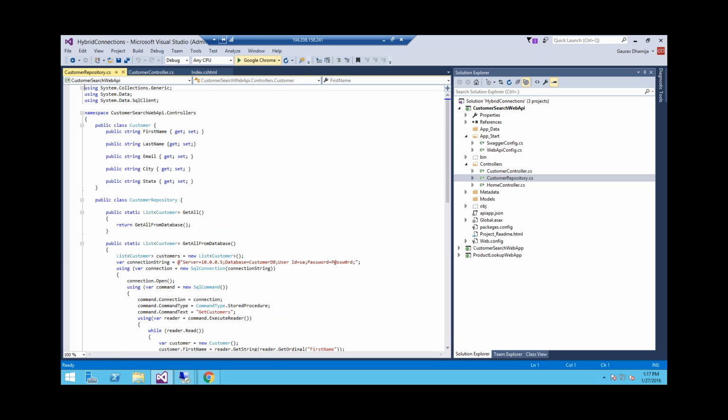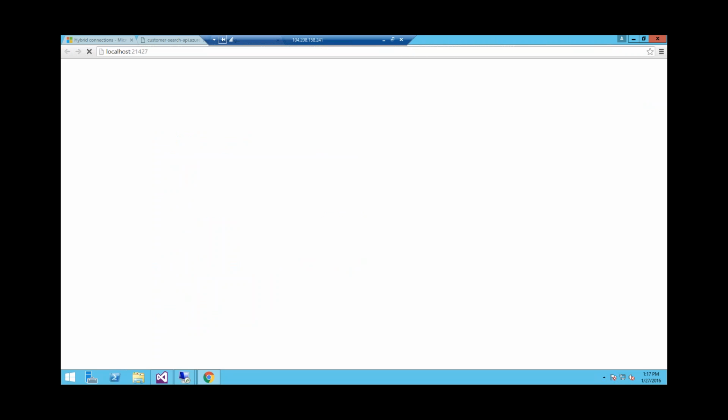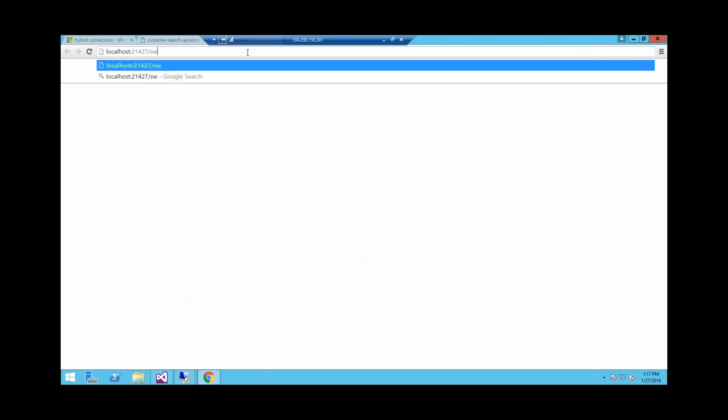Let me run it and show you what this application does. So this is an API that I have created around the customer database. Okay, let's look at the Swagger documentation of this.